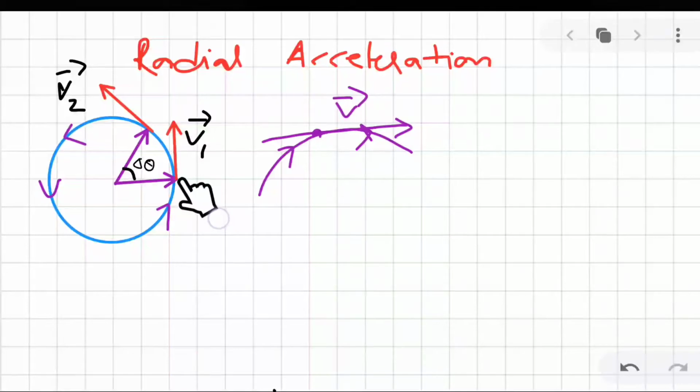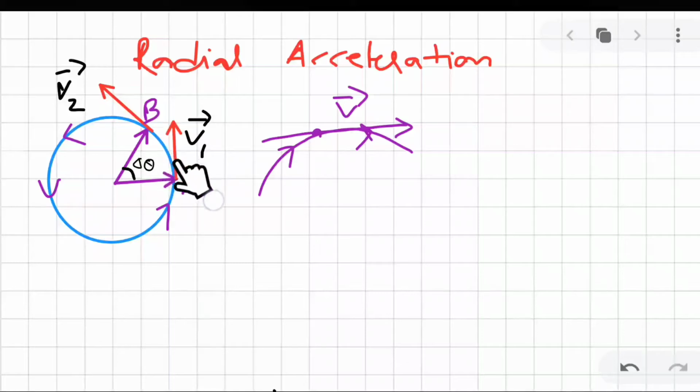Here the particle is moving in a circular path. Suppose this is location A and this is location B. At A and B we have to find the direction of velocity. At A we draw a tangent, and it is in the upward direction, as the particle is moving like this. So at this point the velocity v1 is in the upward direction. Similarly at point B, if we draw a tangent, we get the direction of velocity v2. Now we have found the direction of velocity at A and B.